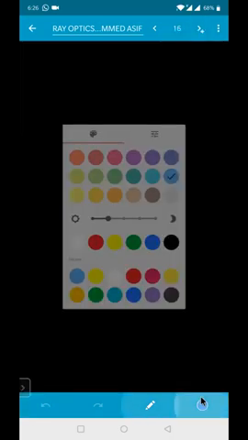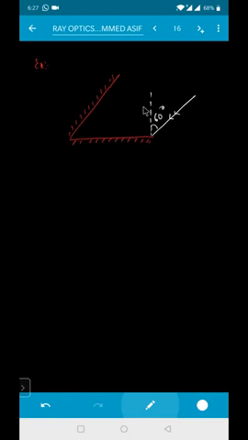Let me give you one example so you'll get clarity on how the problems are framed. Say for example, we have two mirrors inclined at an angle theta. This is one mirror, and this is another mirror. A ray of light is incident like this, and this one is its normal, making an angle of 60 degrees. Whatever angle it is incident with, with the same angle it will be reflected back, beta. So this is angle 60, this is also angle 60 degrees.